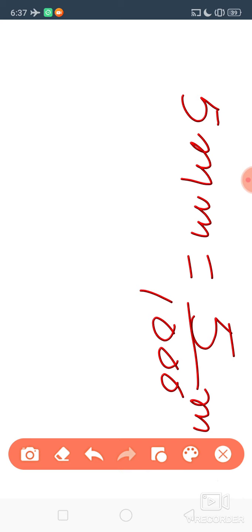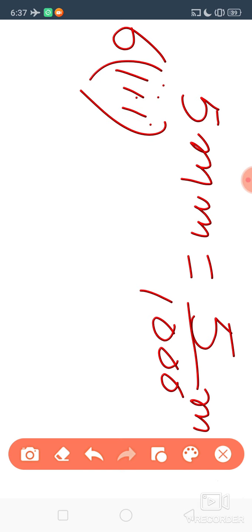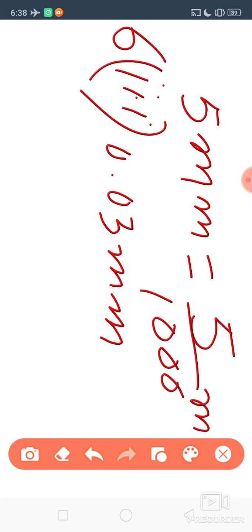Okay, so in your question it is given. Now I'll come to the question of your book. Question number 3. It is given 0.03 millimeter. Express it in standard form. You have to express it in standard form. Okay, now 0.03 millimeter. So two ways, either you can write in millimeter only or in meter. So both ways I am going to tell you.